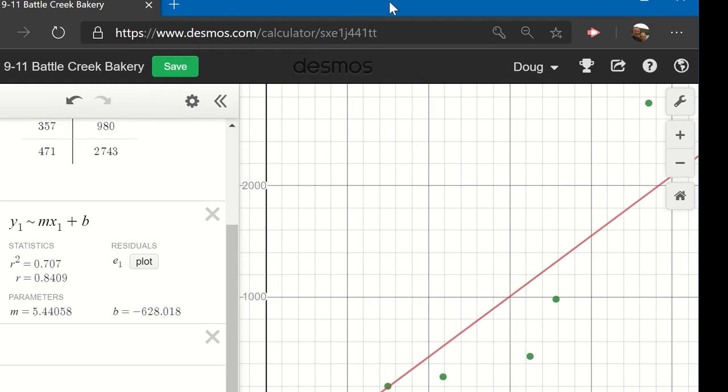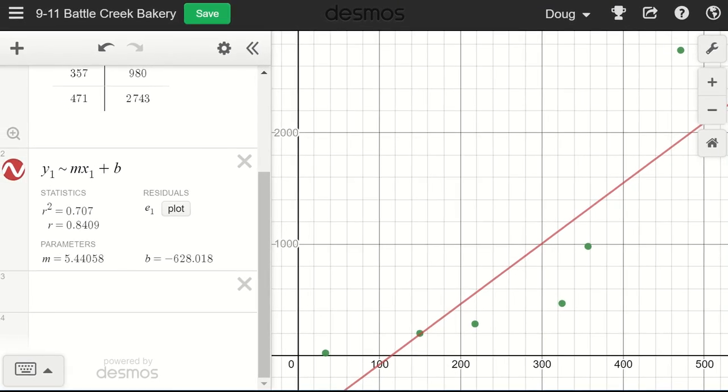Oh, we're in for a treat. That's going to be pretty straightforward here. So let's bring this back up here, and I want to create the residual plot. And you can see when you do a linear regression in Desmos that it sets it up right here. It just says residuals plot. So I'm just going to hit this button, and then almost automatically out of nowhere,